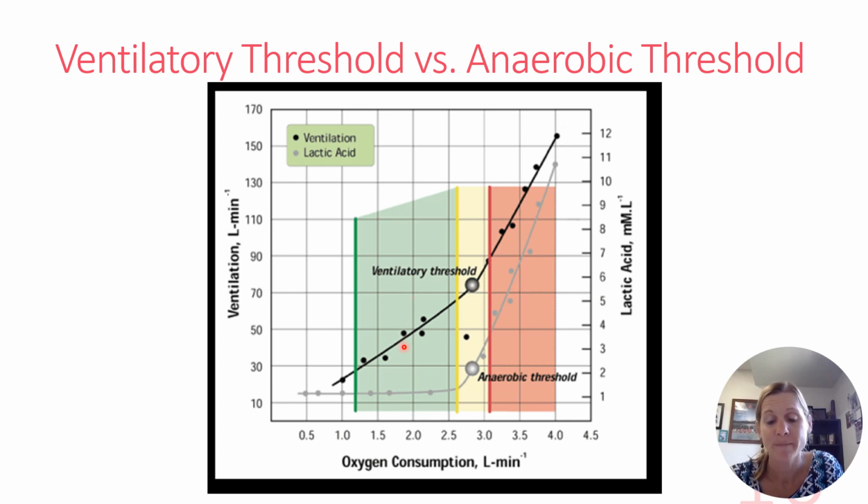The reason for that is because as I start to build up lactate, I'm also building up hydrogen, and now I want to breathe out those waste products. So that's what's going on with ventilation. That's the relationship between the lactate threshold and the ventilatory threshold. It's all caused by the same thing. It's just a matter of what we're measuring. Are we measuring the change in ventilation, so are we breathing out more? Or are we measuring what's going on in your blood through a finger prick? Again, they represent the same time point in exercise, or the same intensity. However, the way in which we measure them varies.